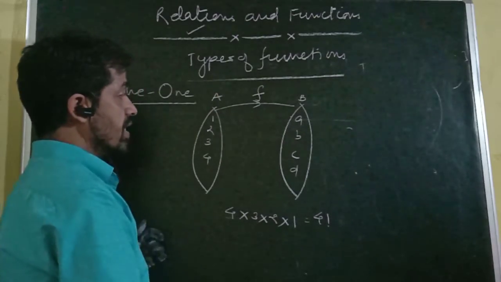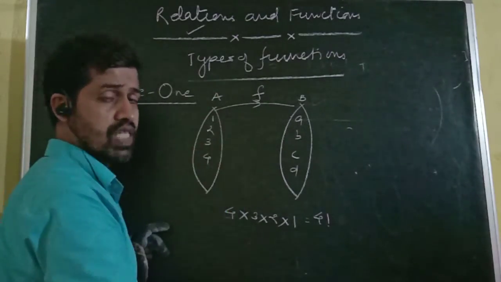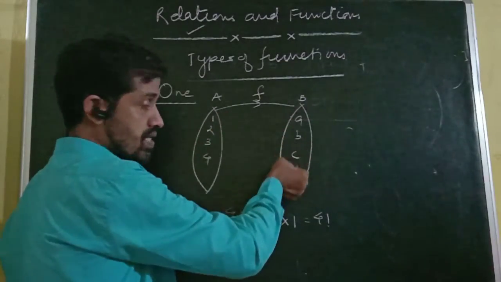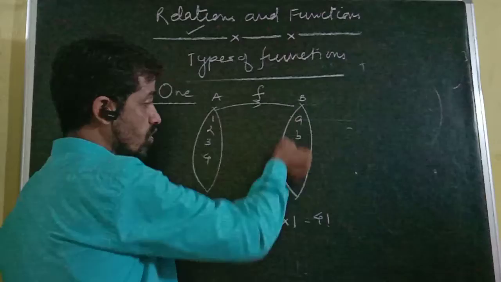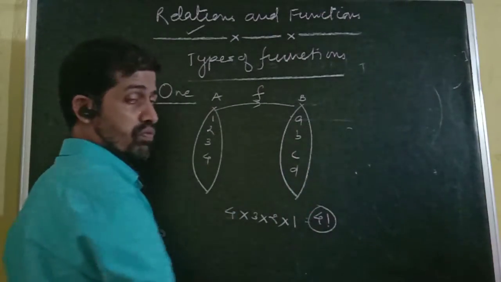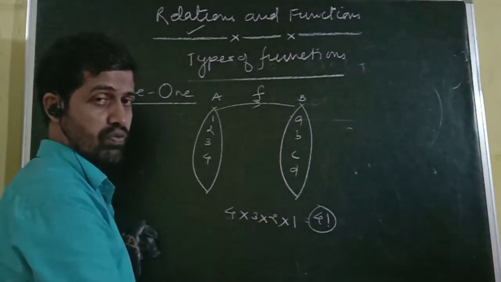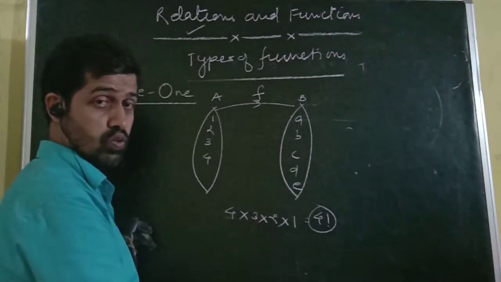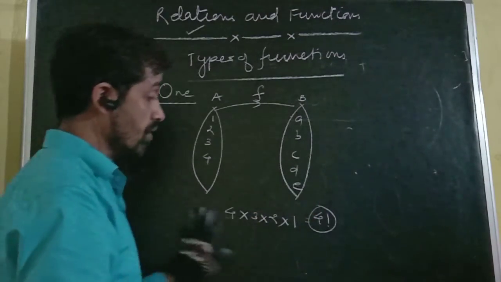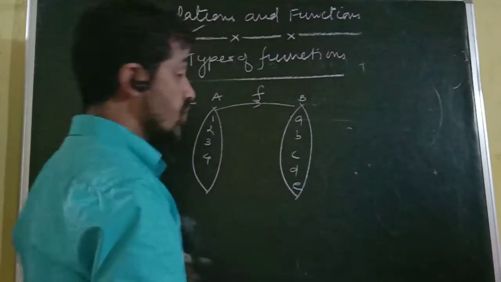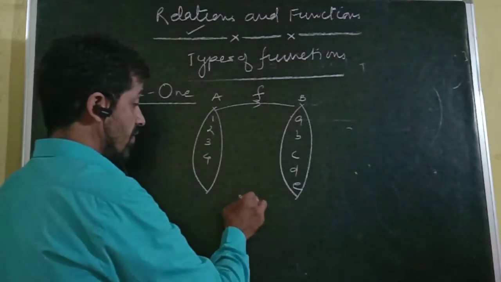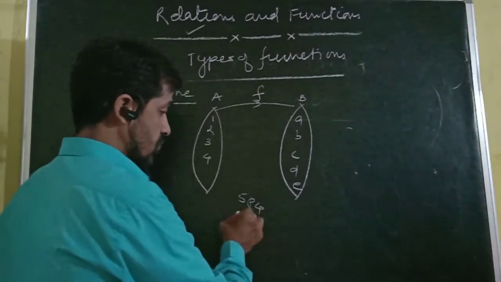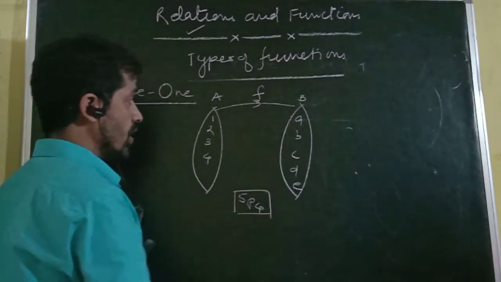So this we can understand by applying the concept of permutations: 4 elements are there, 4 places are there, 4 elements to 4 places can be arranged in 4 factorial ways. Had it been 5 elements in codomain, then the number of 1-1 functions in that case would be 5P4. So do remember, in short.